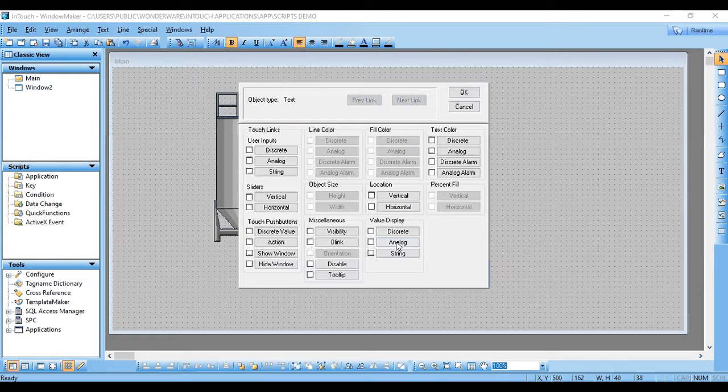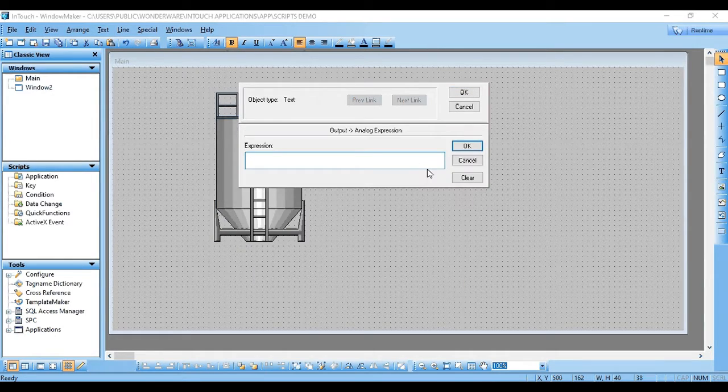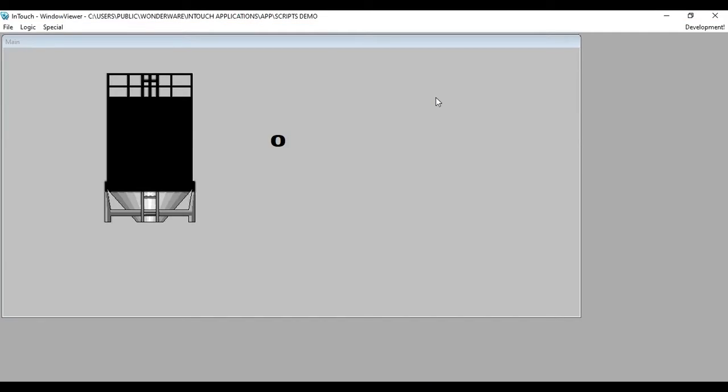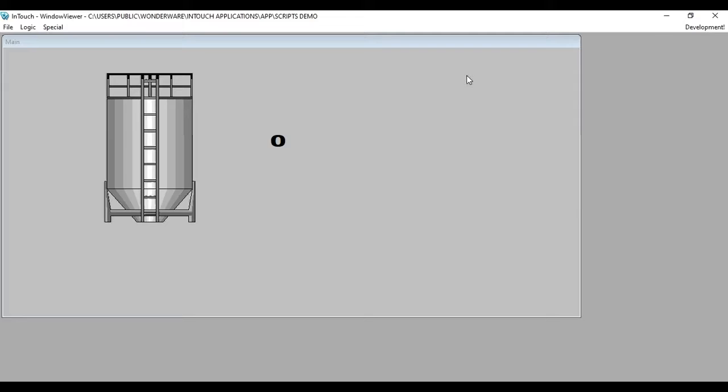Value display, select analog. Now run. As you can see, our window script is executing and incrementing the value of count.